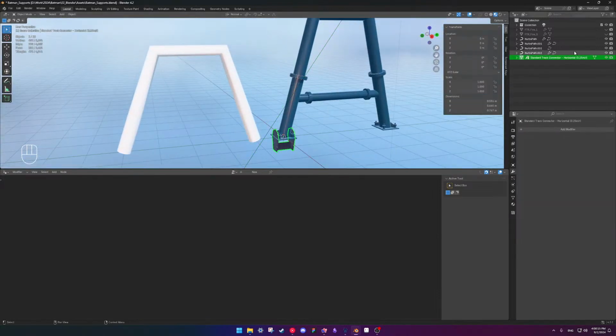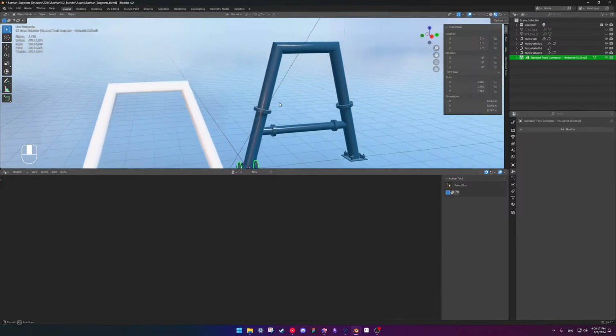Okay, standard track connector, yada yada. Okay, so